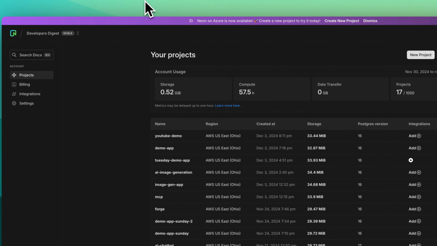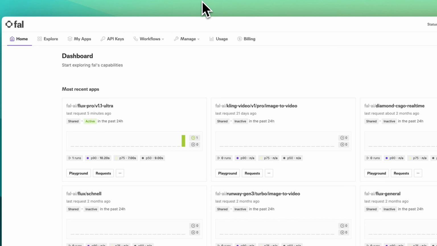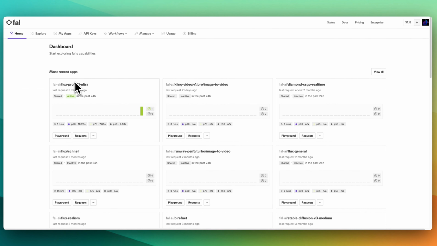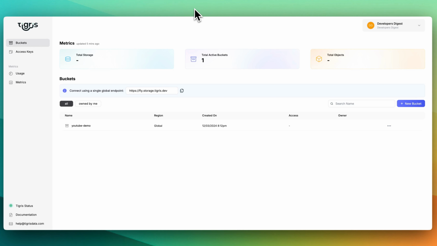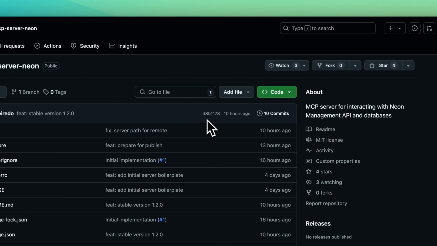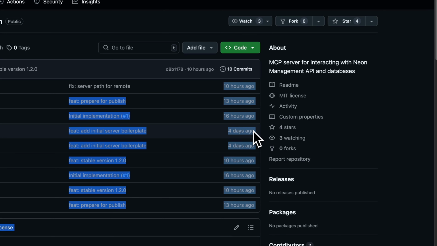I'm going to be using Neon for our Postgres database. I'm going to show you how to use FAL. This is going to be where we get our image generation models and our video generation models. For the assets, whether it's videos or images, we're going to be using Tigris to be able to actually host those files. Then I'm going to show you a new release that just came out from Neon, which allows you